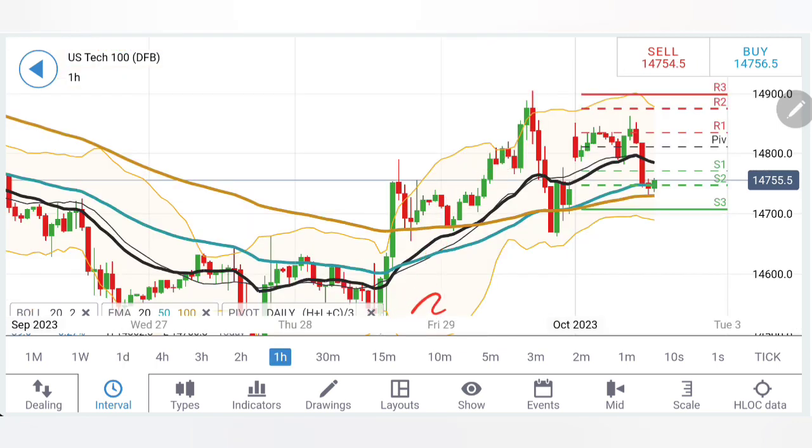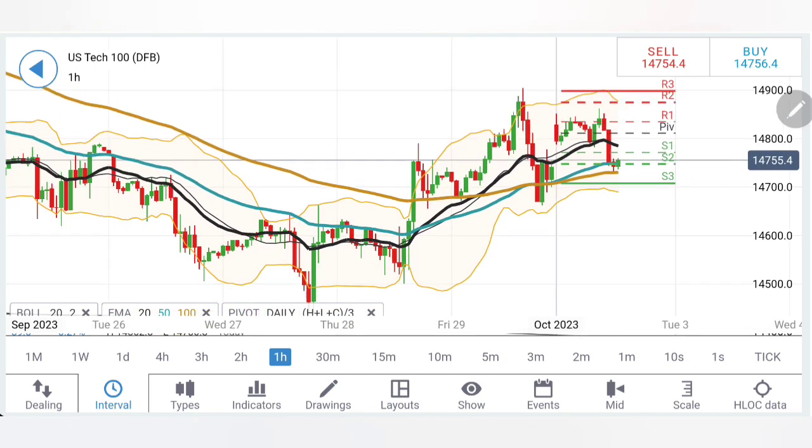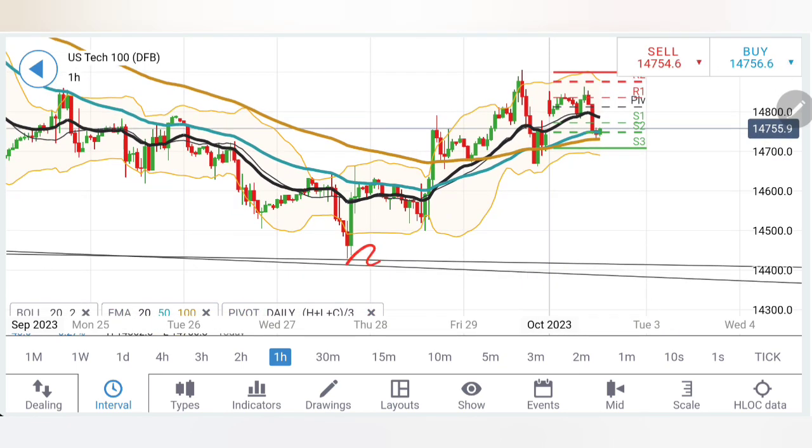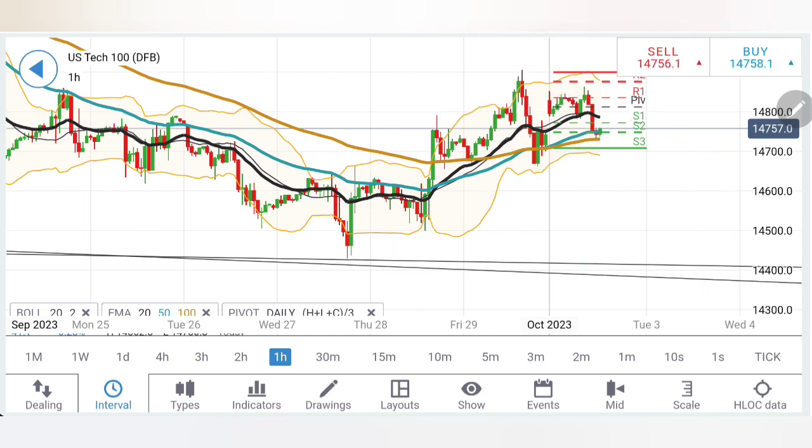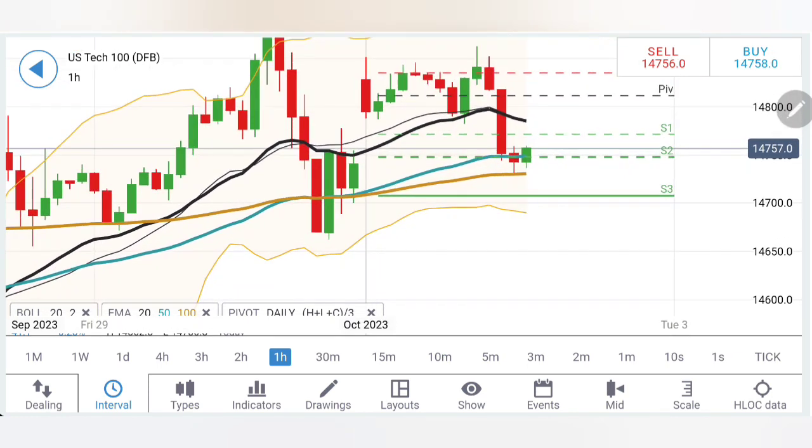One can see that higher lows are getting created here on the hourly charts. Let me show you here. See, if you just connect the dots here, you will find that it is trading in this bullish channel. The highs and the lows are beautifully connected. So far, this time it has shied away from achieving the highs of this channel, which are in fact beyond 14,900 levels towards 14,960. But yes, at the same time one must note that it is respecting the bottom of the channel, so this suggests that there is a probability of a rise as well.